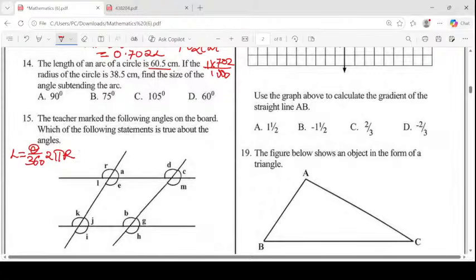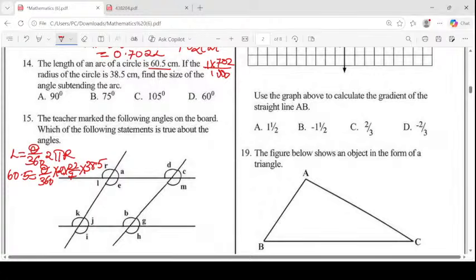Now the length is 60.5. We substitute. This is 60.5 is equal to theta, which we are looking for, over 360 multiplied by 2 by 22 over 7 by the radius, which is 8.5. So this will be, when you take 2 times 22 over 7 times 8.5 divided by 360,